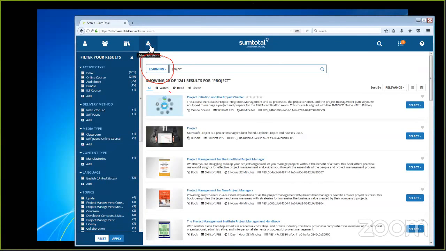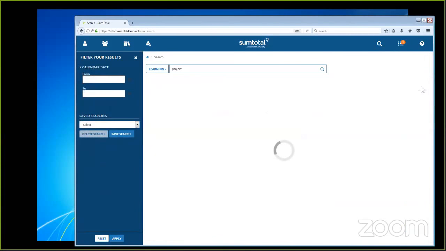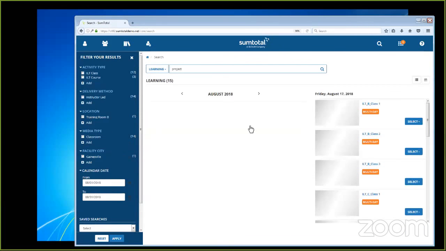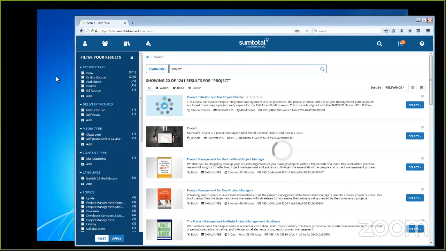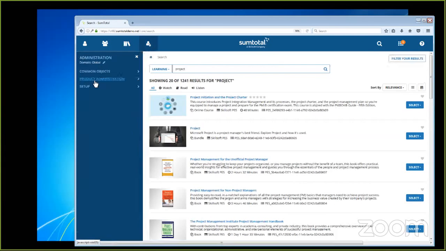Okay. So I just wanted to show you that these features will show up. This is available in the new search, right? We also have this calendar view. So if you are looking for an instructor-led training, when they come back, you can click on the calendar view and it will display the calendar. This is just an example of when those things are coming. The default is the list view, but you can switch it. But what I want to show you is where you can set it up. And more importantly,